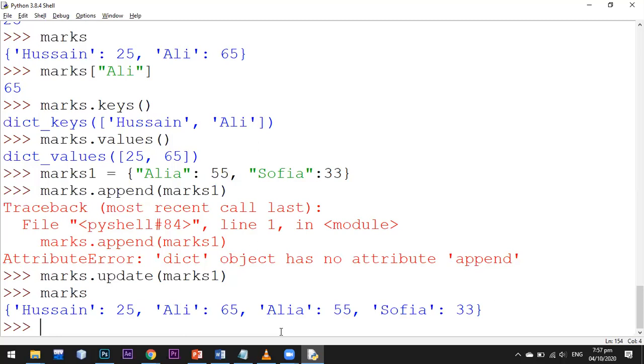So you cannot correct it, you have to create a new tuple to update my values. Like tup is equal to, we use parentheses here, and I can say maths 22